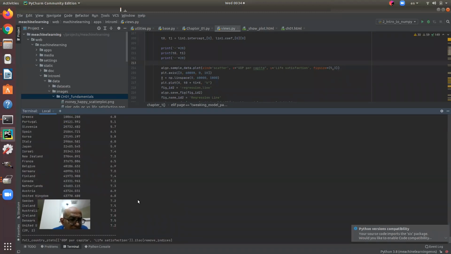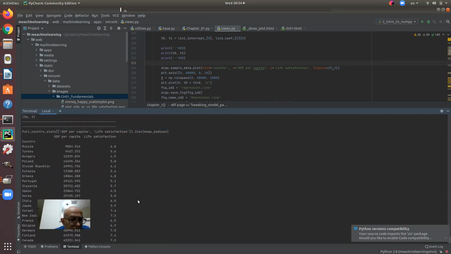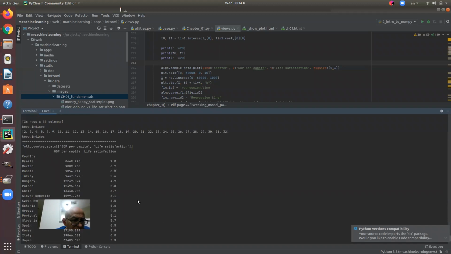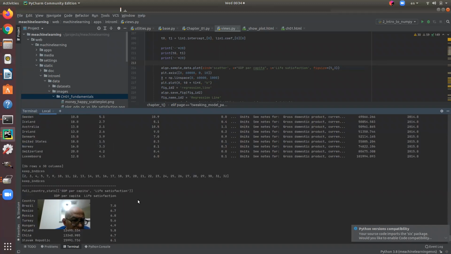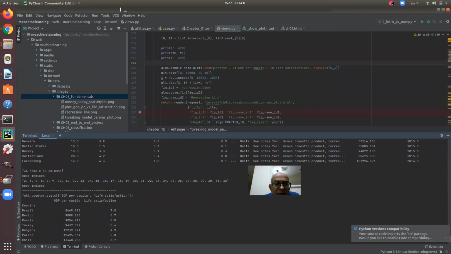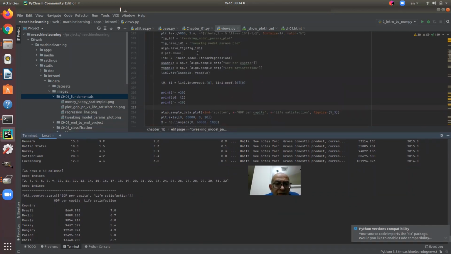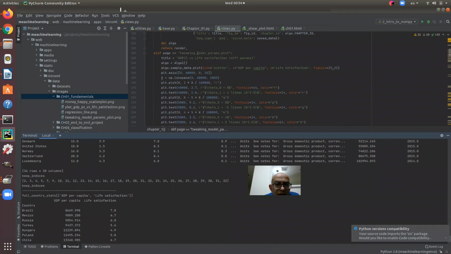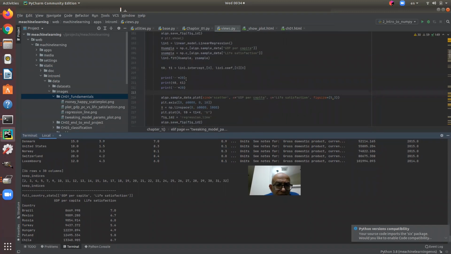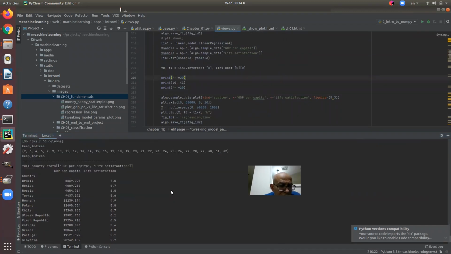Where is the data? Let me see where I found it. Bear with me a second. Did I print something here? No, I didn't print anything here. But I did print 2 lines, which should give me,